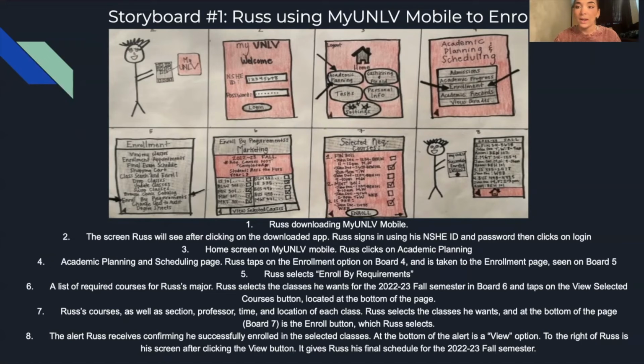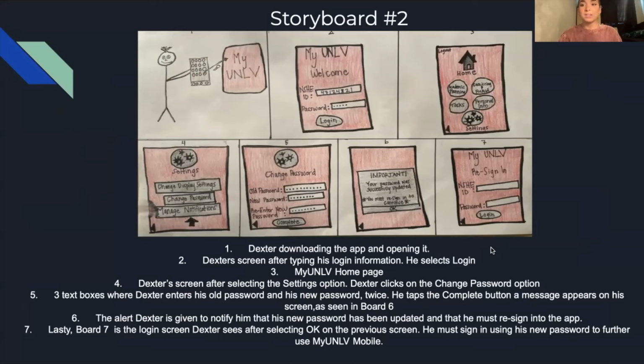And to the right, this is his screen after clicking the view tab. This just gives him a list of his 2022 to 23 fall semester classes that he's successfully enrolled in. So next we have storyboard number 2, which is Dexter downloading the new MyUNLV mobile app and changing his